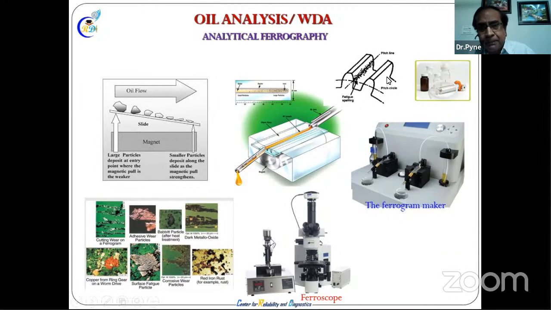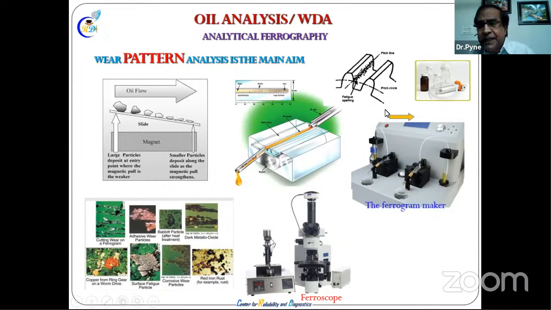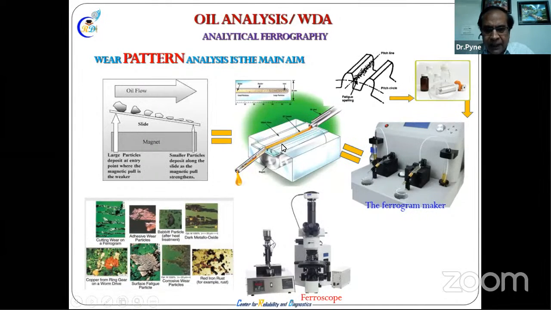So you start from, suppose it's a gearbox. Pattern analysis is important. Suppose it's a gearbox. You start from here, then collect the oil. After that you prepare a ferrogram. This is the ferrogram method, like slides or a blood test. Then you put the oil from the top. Here you put it drop by drop, and all the particles will be captured here. The large particles will be in the beginning, small particles here, like this it will flow, and the particles will be captured.